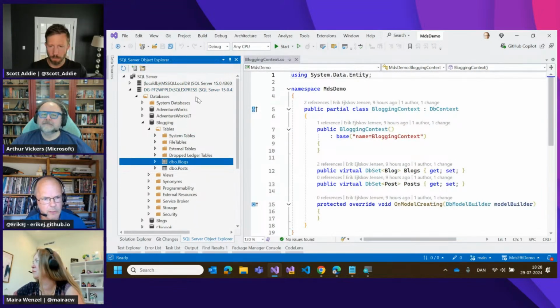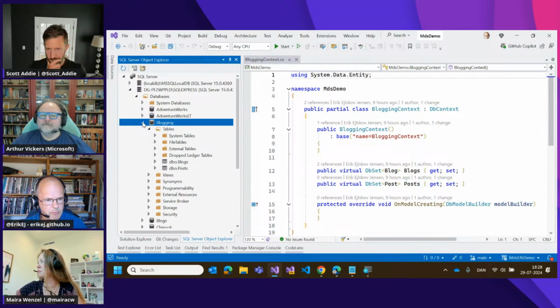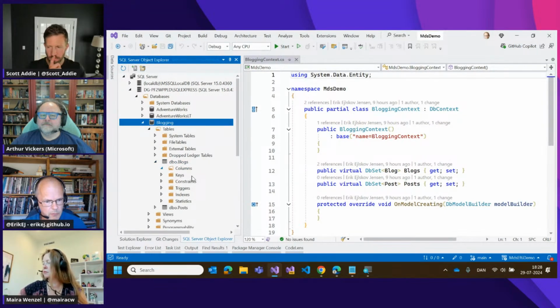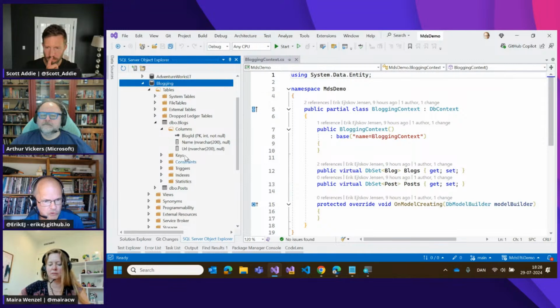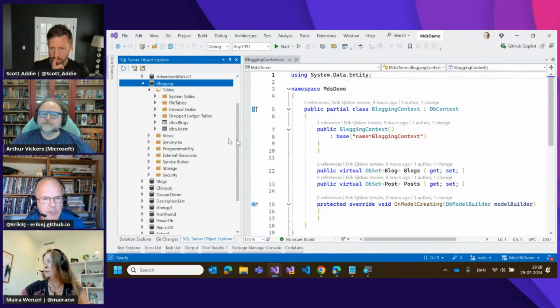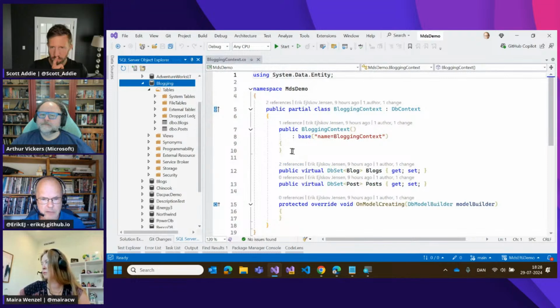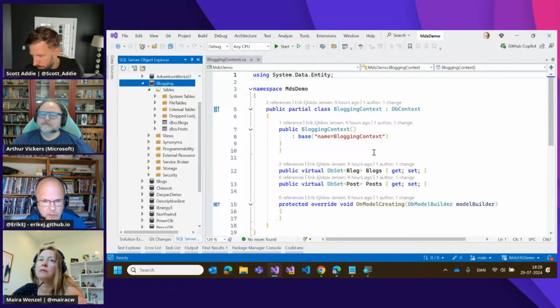I'm now running in an on-premises situation here, and I have a blogging database on my local SQL Server. It has 2 tables, a blogs table and a post table. And this article, I didn't share a link to it, it's not important, but I've taken everything in that article verbatim and just done it.